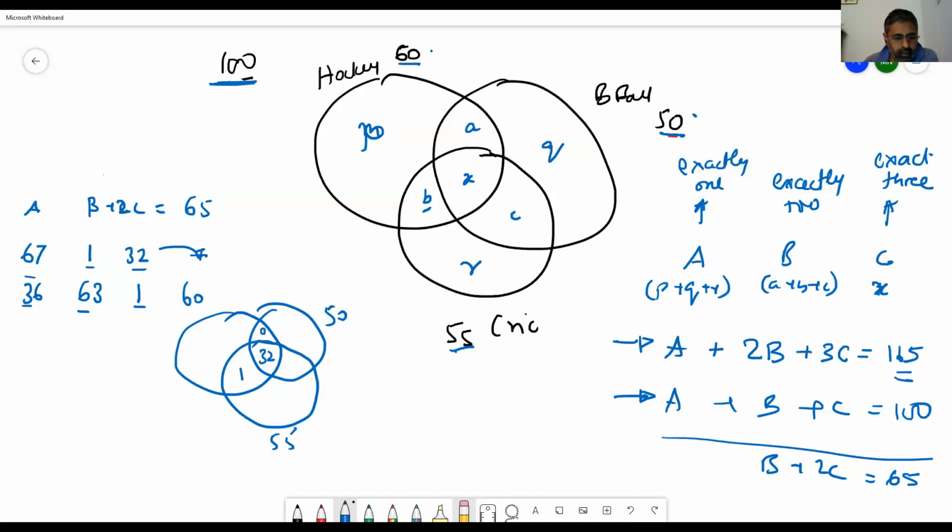This is 0, 0. Exactly 2 is only 1, isn't it? Exactly 2 is only 1. And here we have 67 outside. So you have 32 plus 18. We have to add here 33 plus 27. No, not 30. 33 plus 22. You have to add here, and there you have to have 33 plus 27. Does this add up? 33 plus 27. It's okay, isn't it?